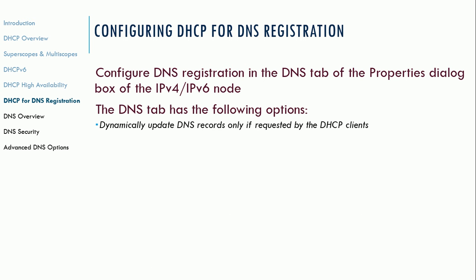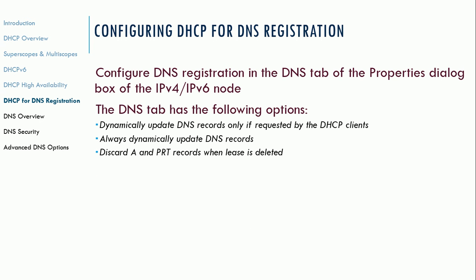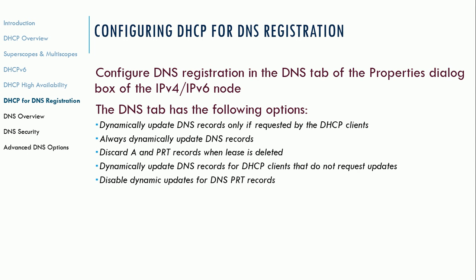So dynamic updates in DNS records, if requested by the DNS client or the DHCP client, always dynamically update DNS records, and discard the A and pointer records when the lease is deleted. By the way, PRT should read PTR. My apologies for that. It can also dynamically update DNS records for DHCP clients that do not request updates,